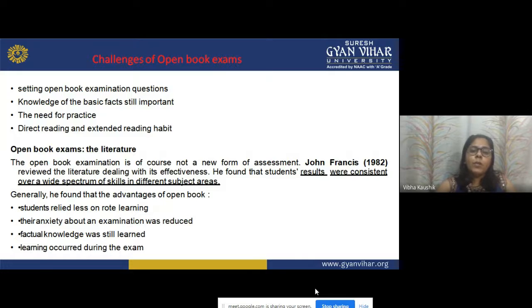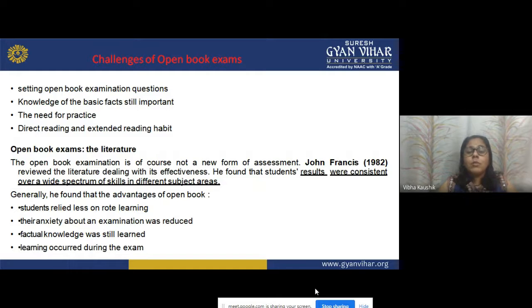Challenges of open book exam. Now, what are the different challenges while framing or using the open book exam? The first one is setting open book examination questions. This is the biggest challenge for the teacher, as they have to set the question paper for open book